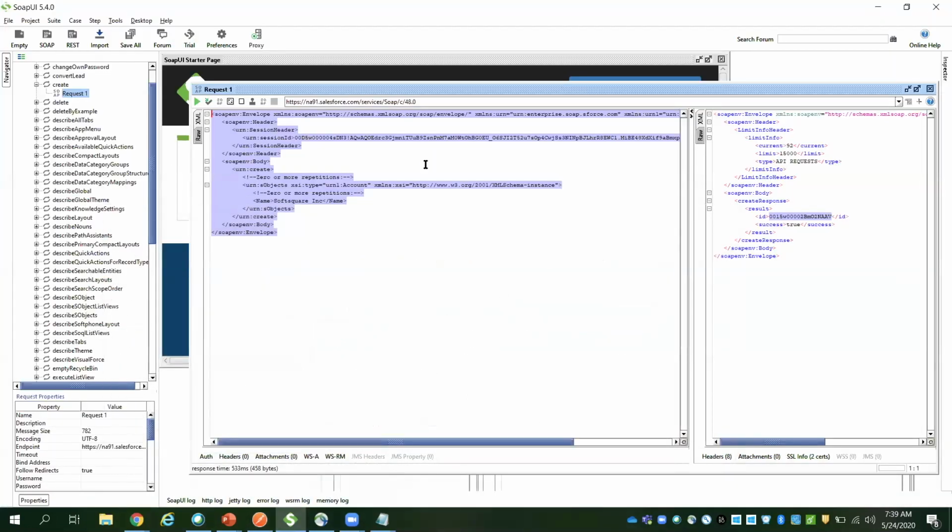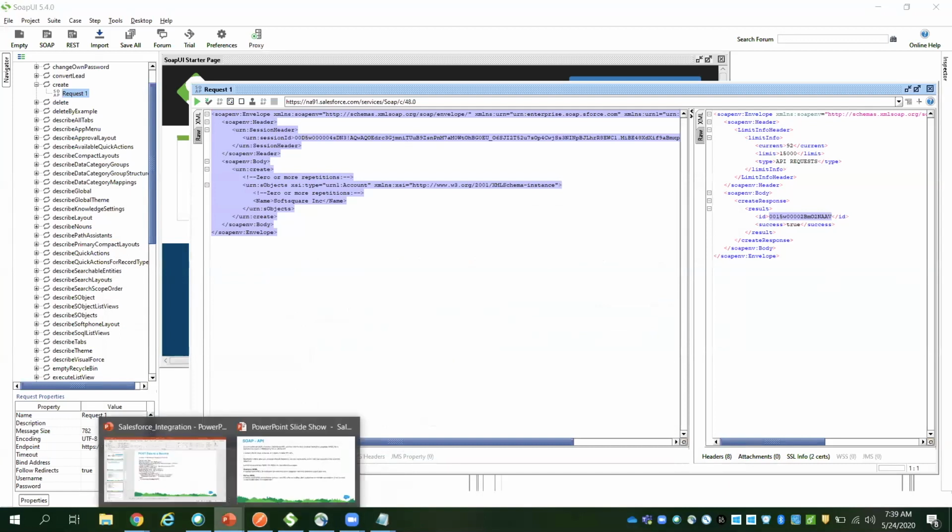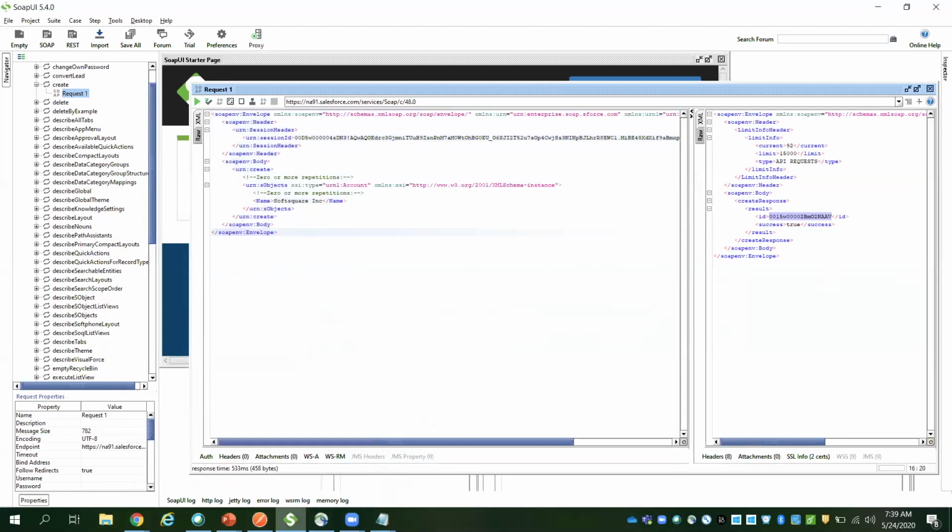So I've demonstrated how to log in and how to create data using SOAP. Install SOAP UI and Postman, both are free tools. Once you learn how to do the login, you can do these small CRUD operations. This is a small takeaway you can do today, and there are a lot of trail guide exercises. You will get all these methods only after you install the partner or enterprise WSDL.